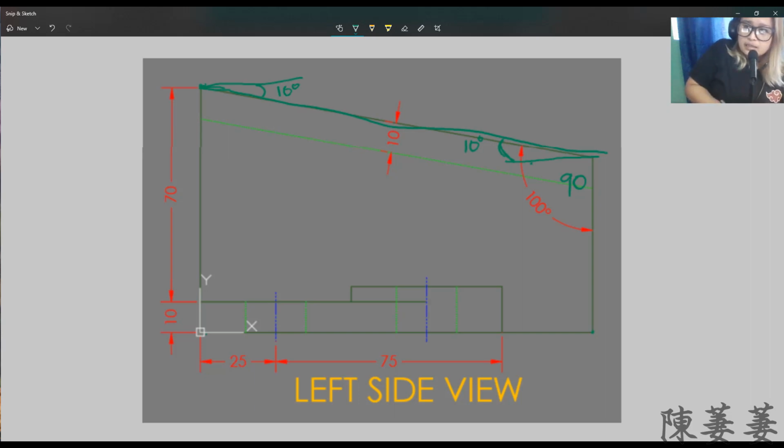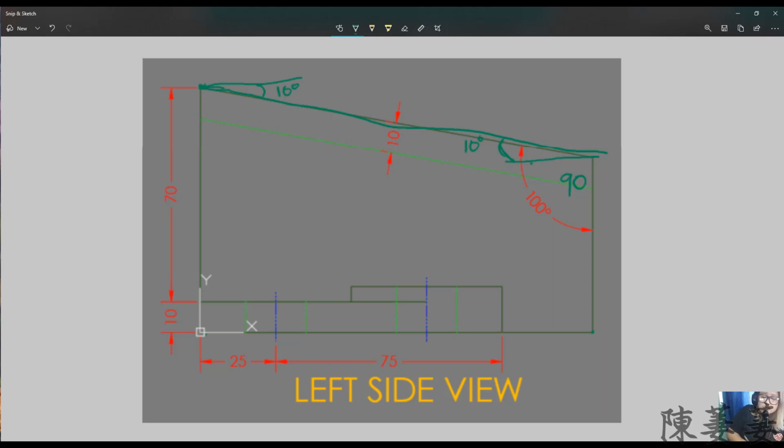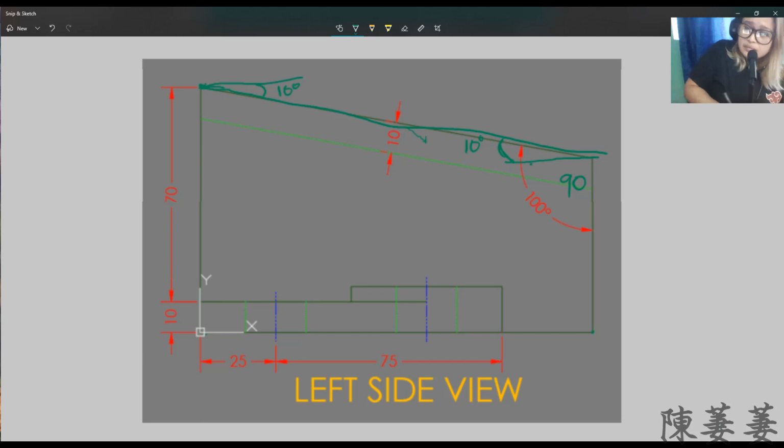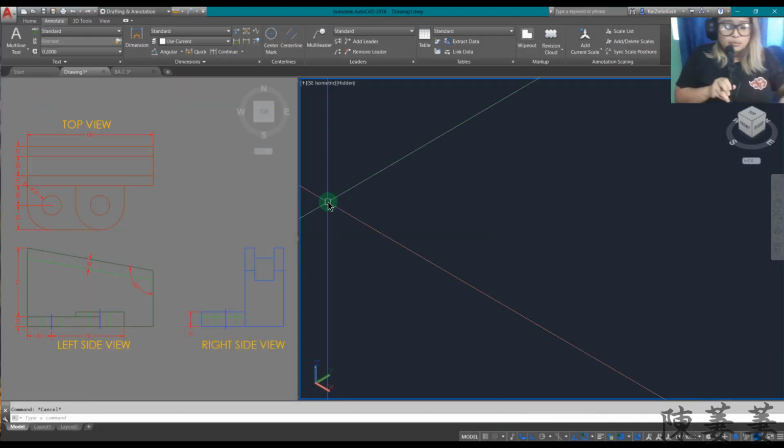To create this line, we're going to use the angle 10. However, when plotting lines or using angles in AutoCAD, angles should always come from the positive x-axis. So this has an angle of 10 degrees. However, the rotation is clockwise. That's why we're going to use -10. So to relay the information in our drawing,